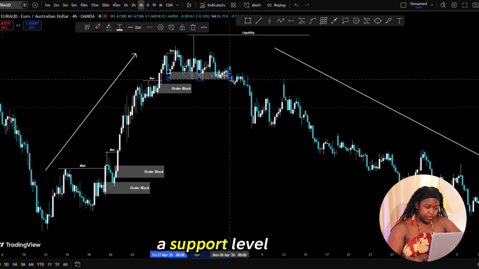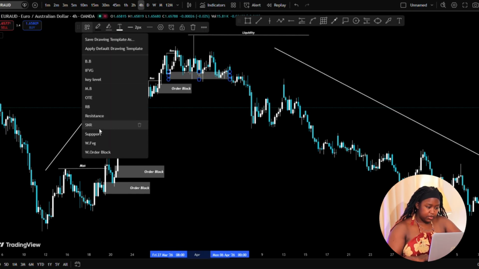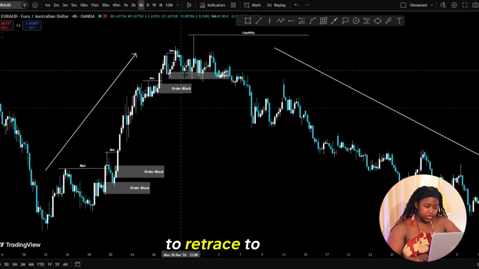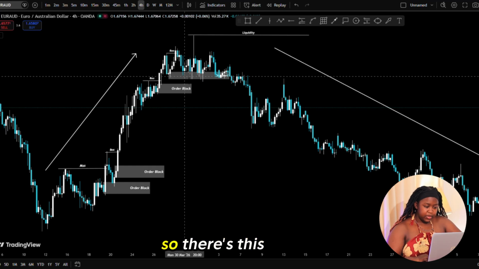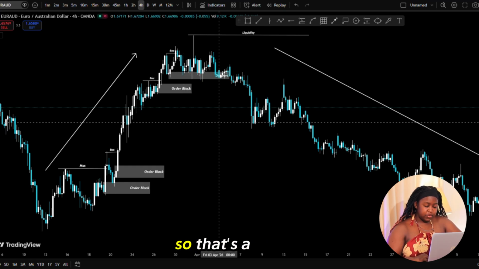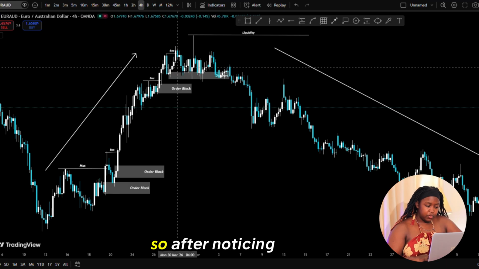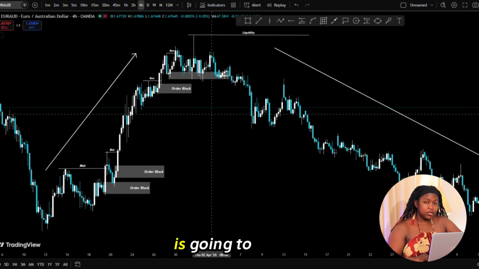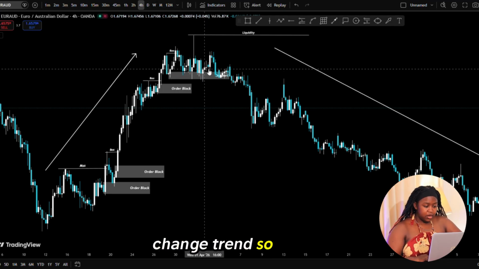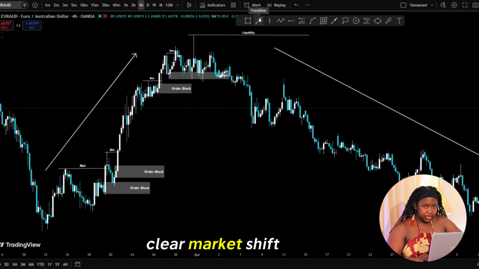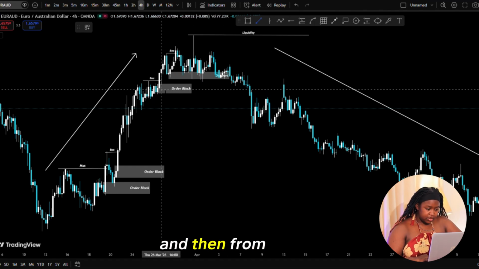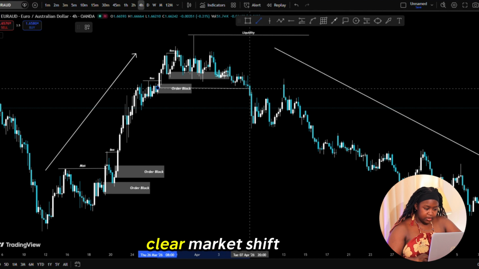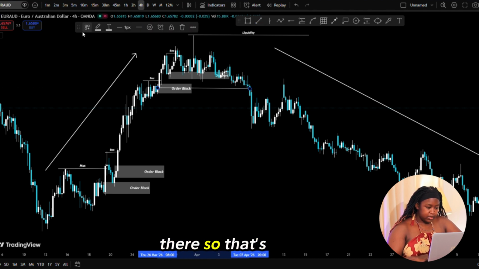we have a support level, because as you can see, price was trying to retrace to this order block, though with rejection. So there's this rejection, so that's a support level. So after noticing the last break of structure, we knew price was going to change trend. So from that support level, there is no clear market shift, and then from here we had a clear market shift there. So that's a market shift,